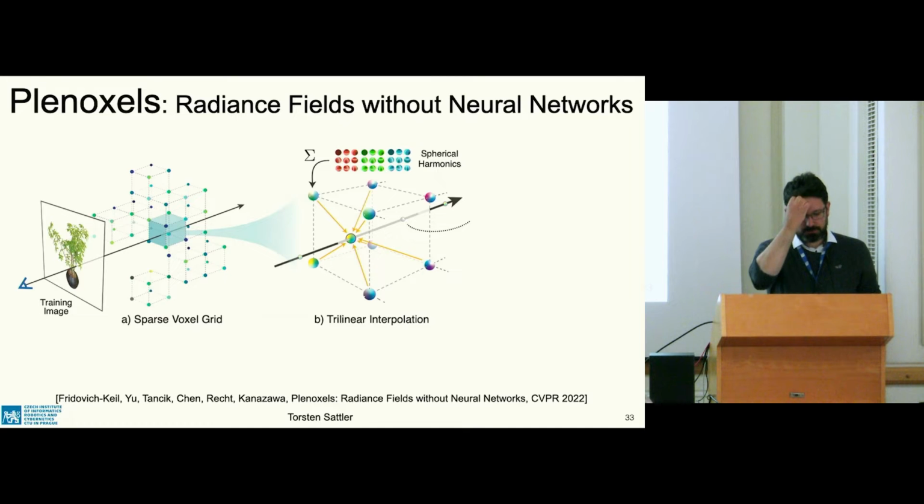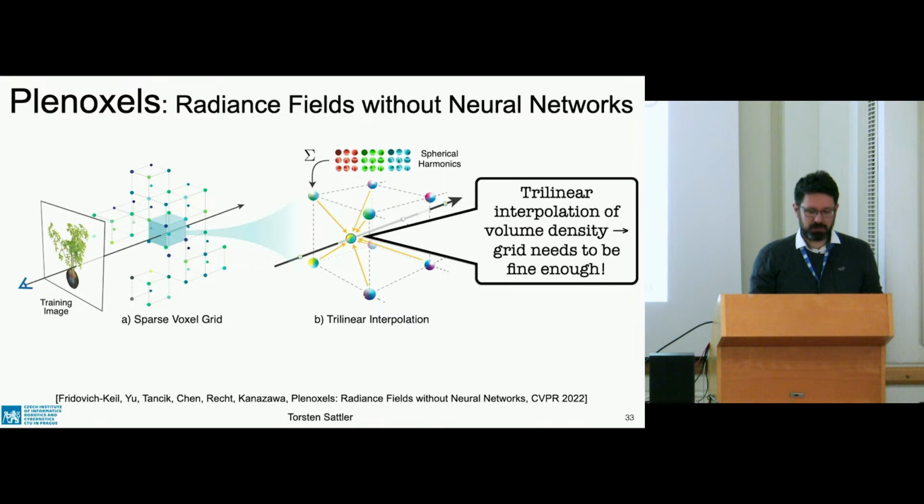So what's happening here? Why does this work? It essentially works because you have a dense enough voxel grid of the scene. And you actually need this because if you compute volume densities, you're doing trilinear interpolation, meaning you make the assumption that within the voxel, you have essentially a linear relationship in how your volume density changes. That means you have to have quite detailed subdivision of the scene for this linear approximation to hold,